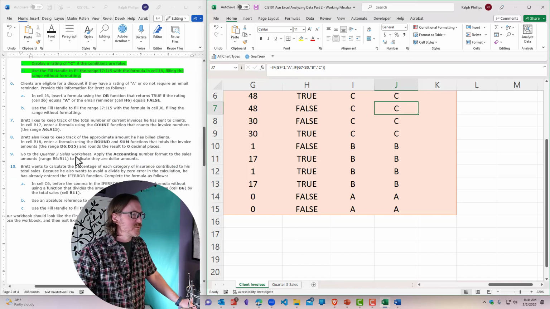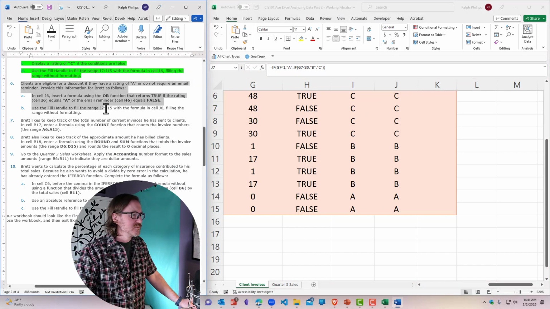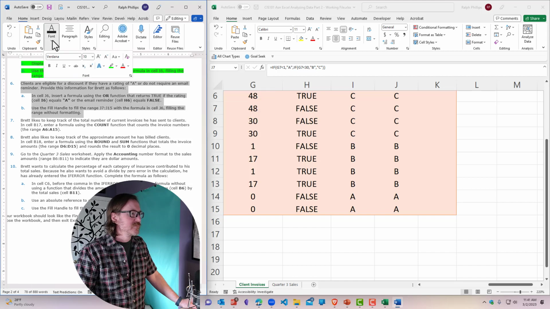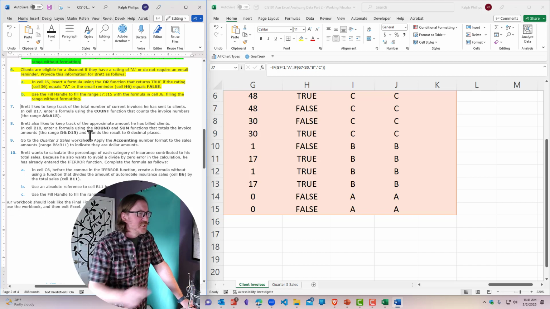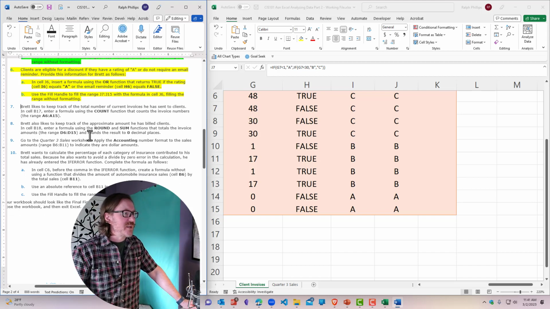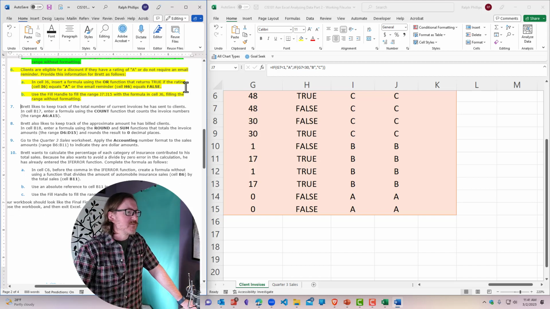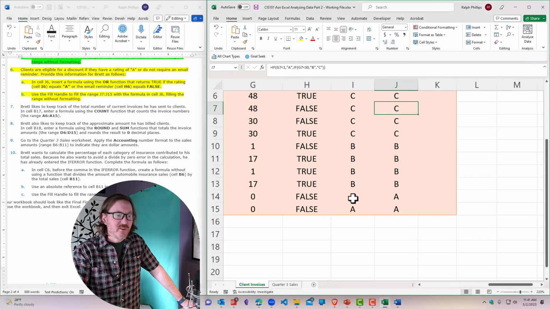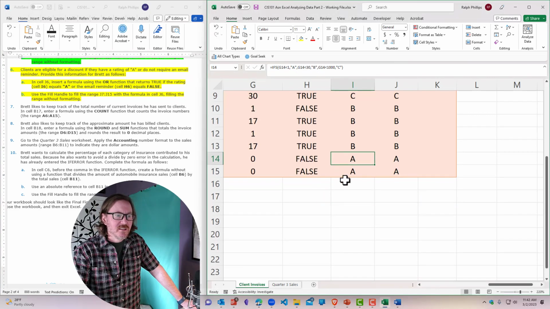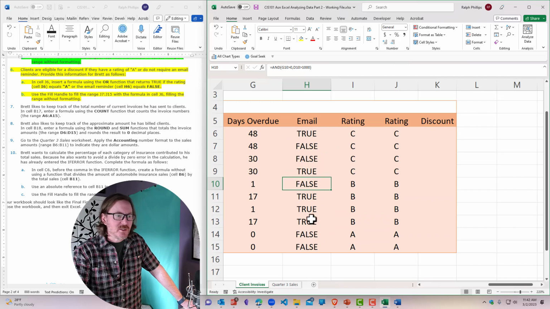I'm going to look at step number 6. And I will highlight this in yellow. Clients are eligible for a discount if they have a rating of A or do not require an email reminder. So we have an OR function. So some of our clients are A clients, and some of our clients do not need an email notification,